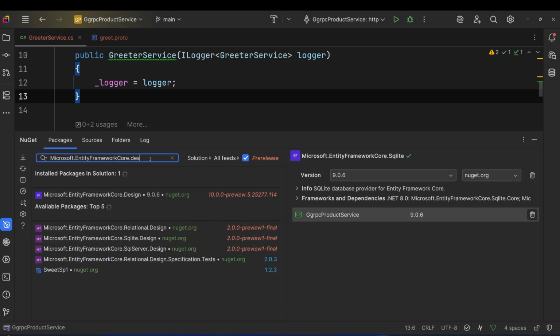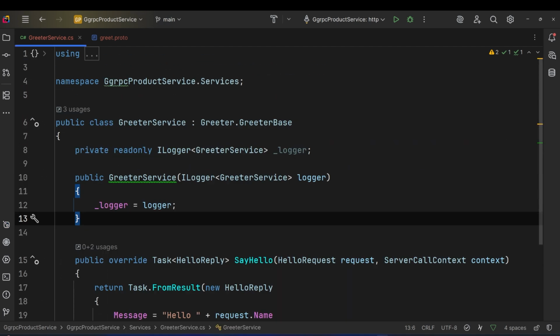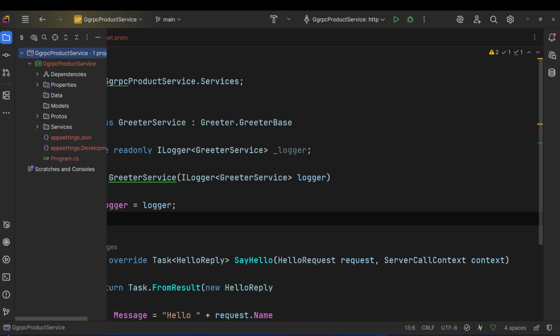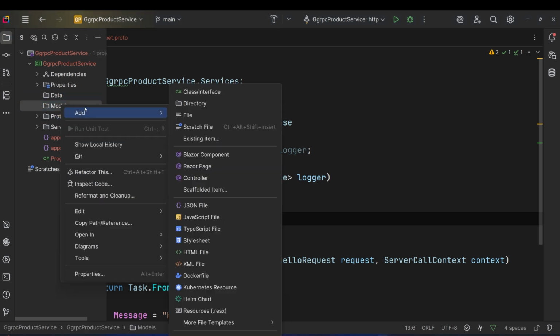When we go for the design, we have the design added to the project, and then we have the SQLite also added. So the next thing that we want to do is create our models, so that we can connect them to SQLite and everything. So we're going to create a new class here in the models. I'm going to call it